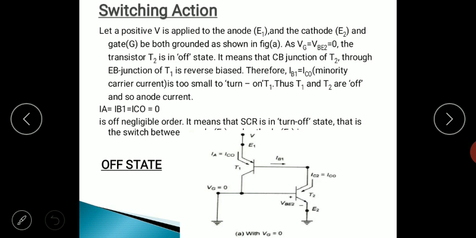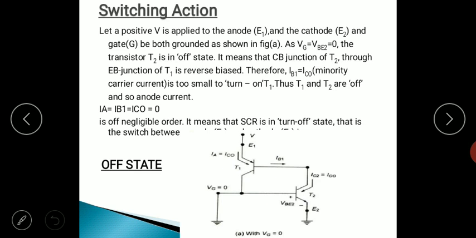As VG, the gate voltage, is 0, the base emitter voltage of transistor T2 is 0, so transistor T2 is in cutoff state. Since transistor T2 is in cutoff state, the collector base junction of transistor T2 through the emitter base junction of T1 is reverse biased. Therefore, IB1 equals IC0, the minority current, which is very small and almost equal to 0.